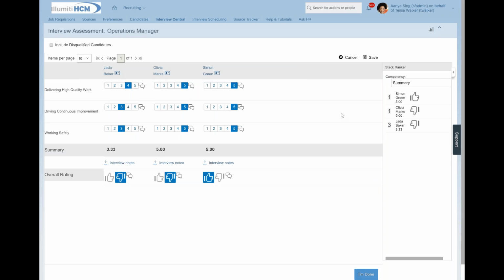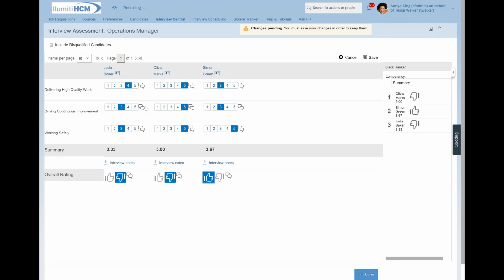And this is what that scorecard looks like here within the system itself. Again, we have our 3 candidates, 3 criteria that we're being asked to evaluate them on, and then the currently indicated scores. Stack ranking here on the right-hand side. So I could come in and make some adjustments or modifications. And as I'm doing so, it's adjusting the real-time score here on the right-hand side. And if my final decision changed from a thumbs down to a thumbs up or vice versa, I can make those changes here.